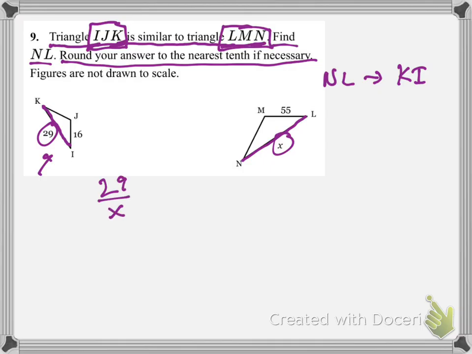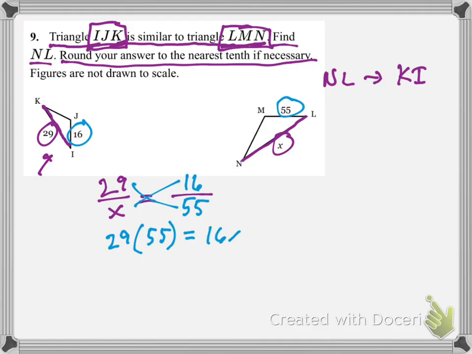So I have 29 over X equals, well, I have 16 and 55. So 16, 55. Cross multiply. So I have 29 times 55 equals 16x. So 29 times 55 is 1,595 equals 16x. Divide by 16. So divide that by 16. Now, here's what I get. So x equals